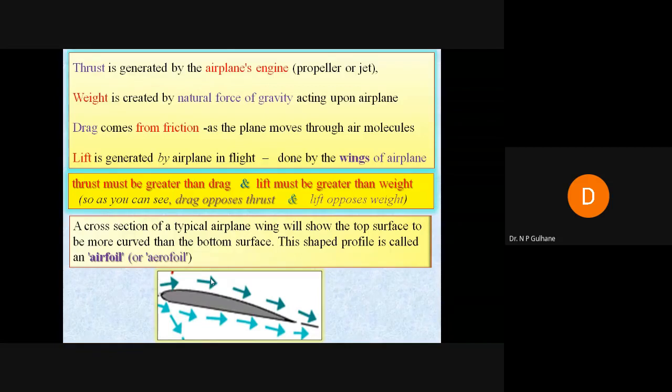So pressure is lower here, and pressure is higher below. Because of the pressure difference, the entire structure connected to the aeroplane gets lifted up because of this delta P. Since velocity is higher means pressure is lower, and here pressure is higher. So this simple technology is used for the lifting force.